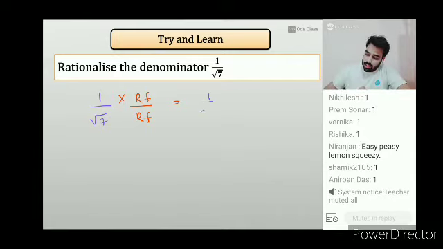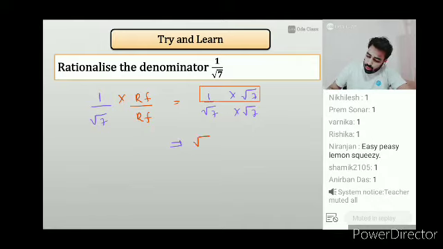If you see the rationalizing factor of root 7, sir, we can take it as root 7 in numerator and denominator. So in the numerator, 1 into root 7 will become root 7. And in the denominator, root 7 into root 7 is 7. Now you can see that the denominator is of this form. It has become a rational number. The denominator is now a rational number.